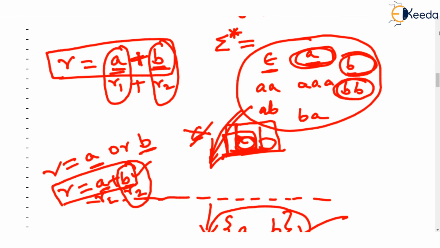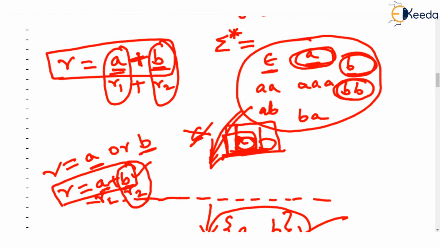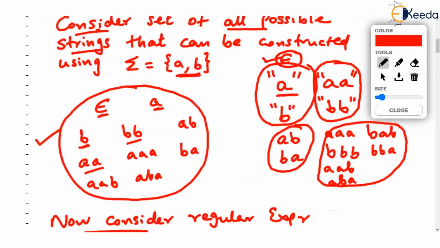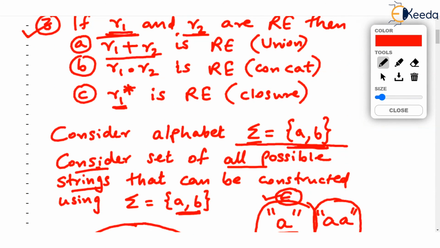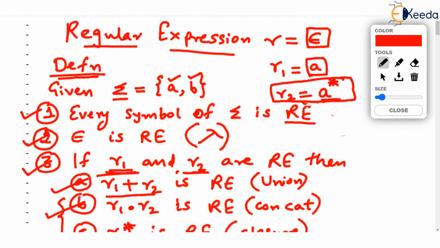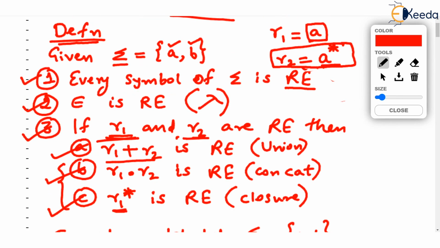Now, what if we have two regular expressions A and B, and we concatenate those two regular expressions? Suppose R1 is concatenated with R2. You recall our definition? The definition was that union is a regular expression, concatenation and closure is also a regular expression, isn't it? So we will come back in the next video and we will see what is this point B and point C. Remember, we are going to recall this definition time and again and again we are going to see this definition. This definition is so important, you should never forget it. See you in the next video. Thank you very much.